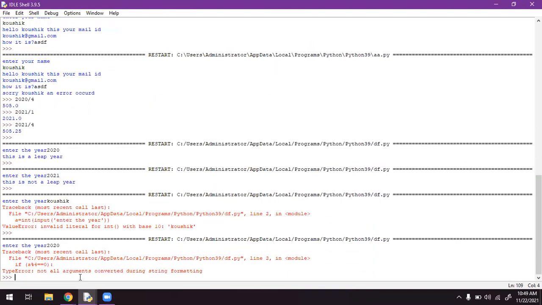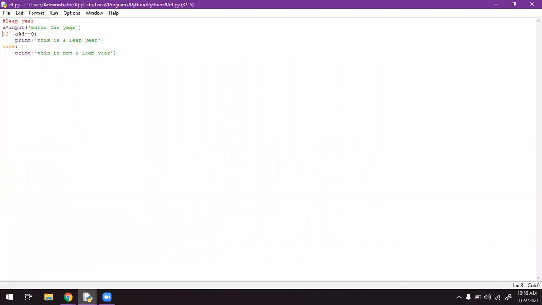Now we get an error. Why? Because not all the arguments are converted during string formatting, meaning it is considering the input as a string. As we know, string input doesn't perform any actions like multiplication, divisions, modulus divisions. That's why we are getting an error and it will not execute.